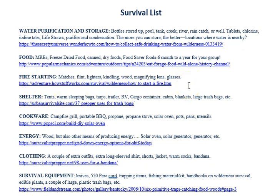You don't want to be out, especially without a shelter, without being able to make a fire. Matches, flint, have a flint on your keychain, okay? Waterproof matches in your backpack, a lighter in there. You can always find kindling and wood in the wilderness, no matter where you are, even in the desert, because